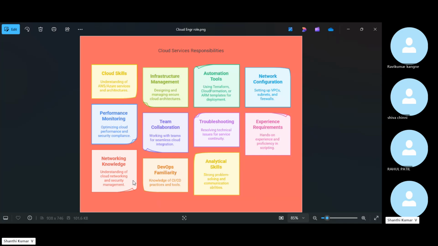Then analytical skills, strong problem solving and communication abilities needed. So if you communicate more with the team, then they are going to give inputs. What you need to do, what are the issues they are facing, how you are going to solve them. You need to explain to them root causes, where to fix, what happened in the past, all those things. It can be manual setup, it can be automated setup, but most of the places, 70% they use automated setup. They have scripts, either JSON, YAML, or Python. So you need to understand that particular code with your skills, whatever you learned in the coaching.